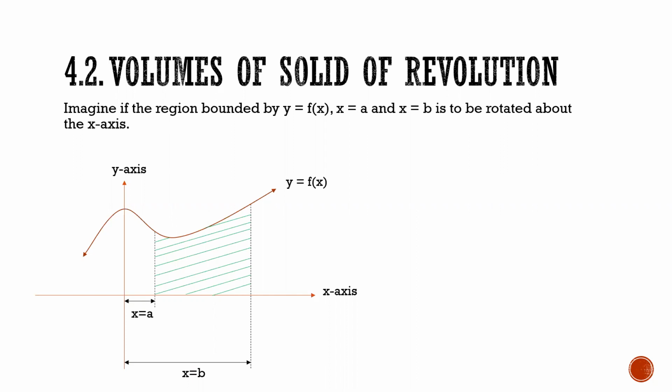certain axis. One common types of solid of revolutions are the sphere, which is a solid created by revolving a semicircle about its diameter. We have the cylinder, that is a solid created by revolving a rectangle about one of its sides. And finally, we have a cone wherein we revolve or rotate the triangle or a right triangle about